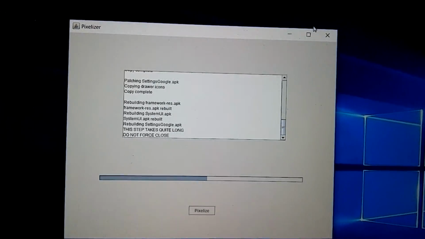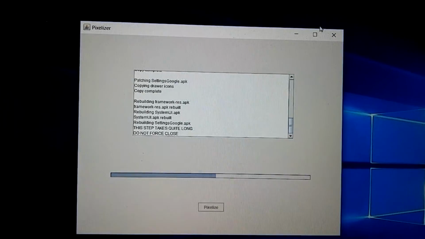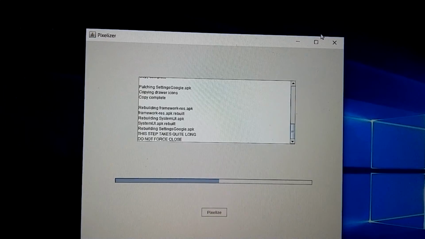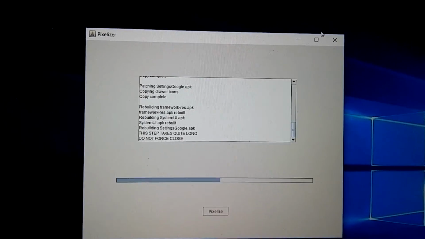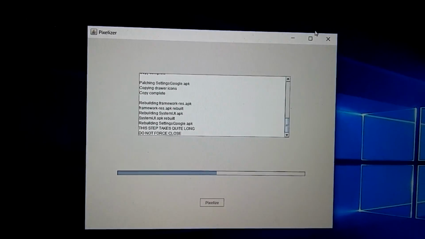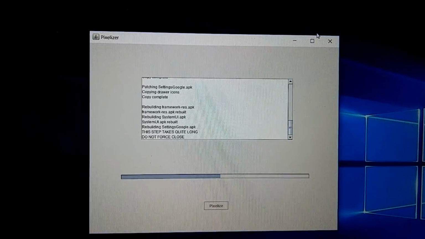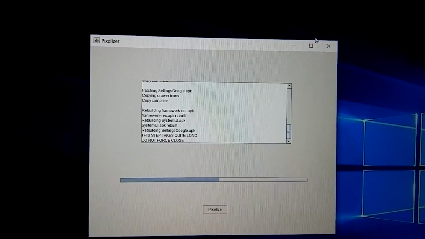Okay, so this step takes the longest, about 7 minutes over here. This is the longest step of the process. Don't think that the software stopped working, and don't end it from Task Manager. Just wait for the whole thing to get over. It will definitely proceed. It takes longest over here.